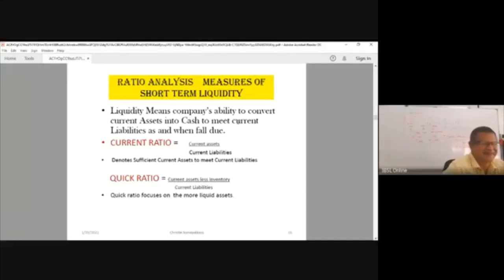This is a measure. Liquidity means a company's ability to convert current assets into cash. It's very simple. I want to show here. I'll go to the board and we'll draw up a small